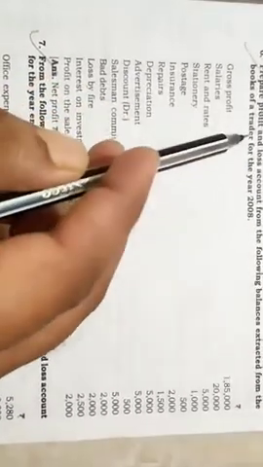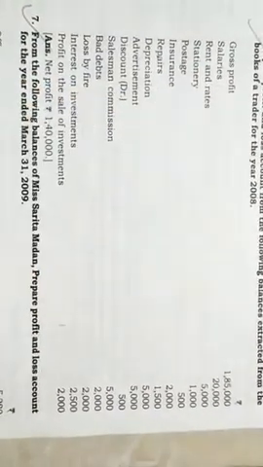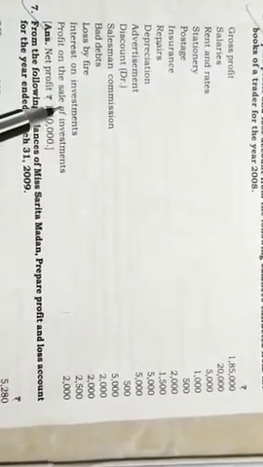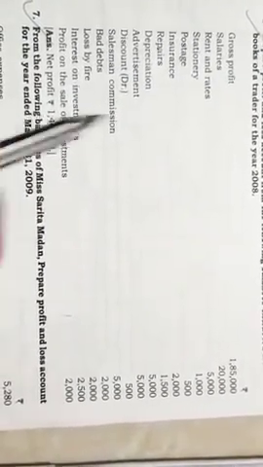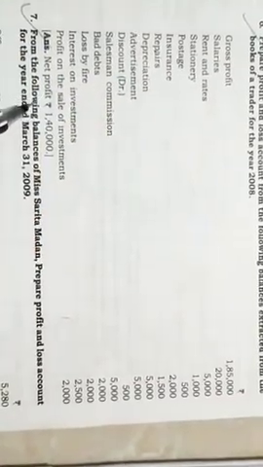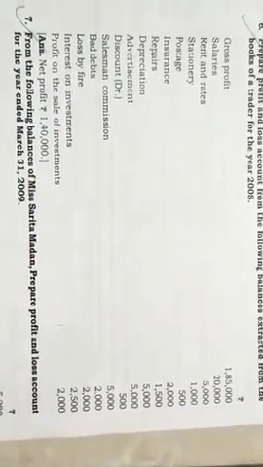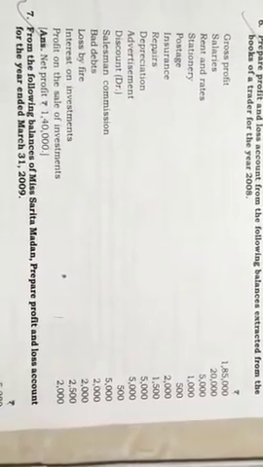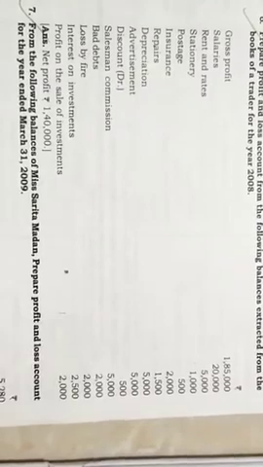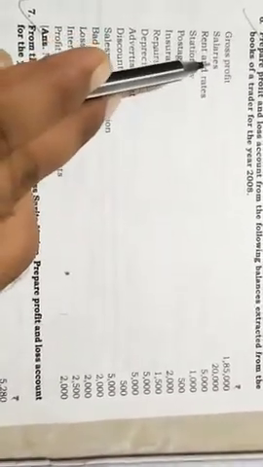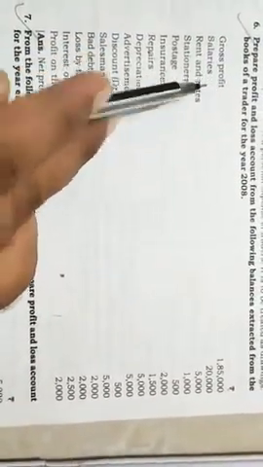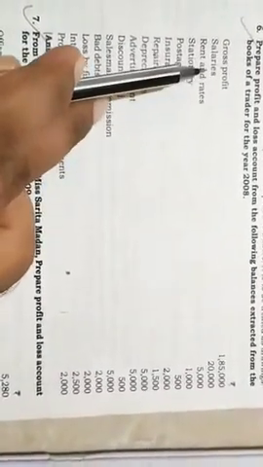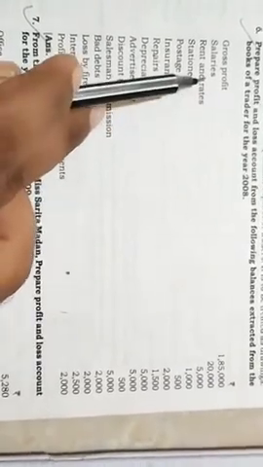We have to identify here which of these items are indirect incomes and which are indirect expenses. The items that are indirect expenses in nature should be taken to the debit side of profit and loss account, and the items that are indirect incomes should be taken to the credit side of profit and loss account. And finally the calculation will be made regarding the profit or loss in profit and loss account. So the next item is salaries. Salaries is an indirect expense. I will tell you how it is posted and I will also show you the solution to this problem.